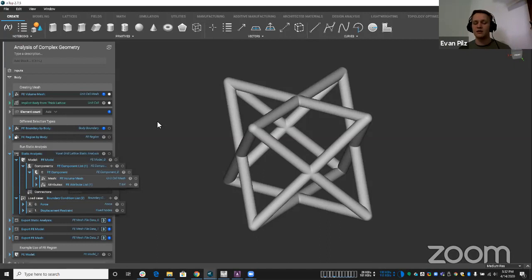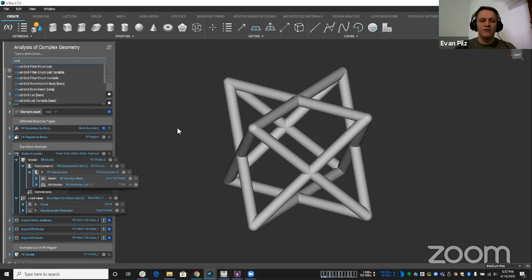When you start getting into the hundreds or thousands of unit cells and using field-driven design to vary them, you can start getting troubles when you're meshing. This is a really good way to go about meshing these structures, and it's pretty new to nTop, so some of you might not know of it yet. If I type up in here, it's going to be Voxel Grid